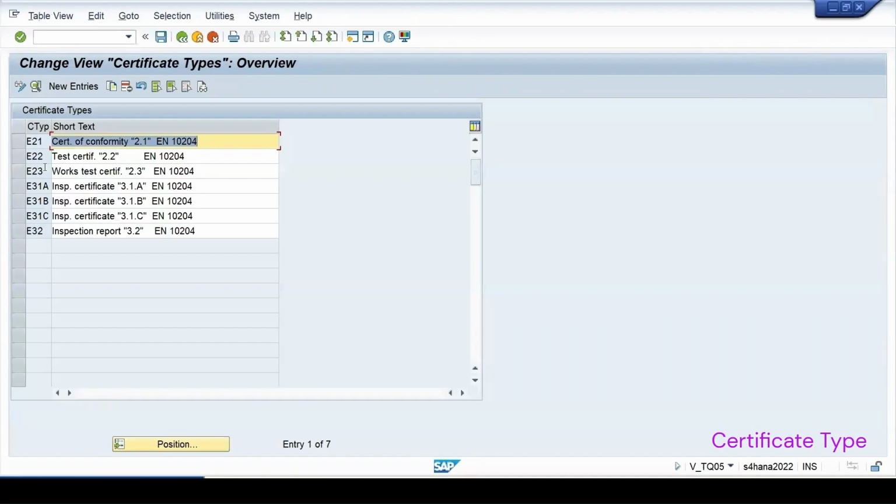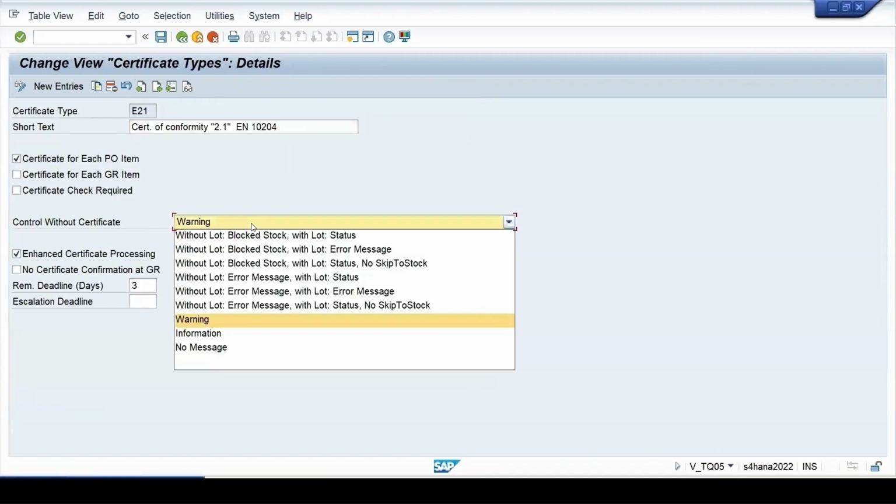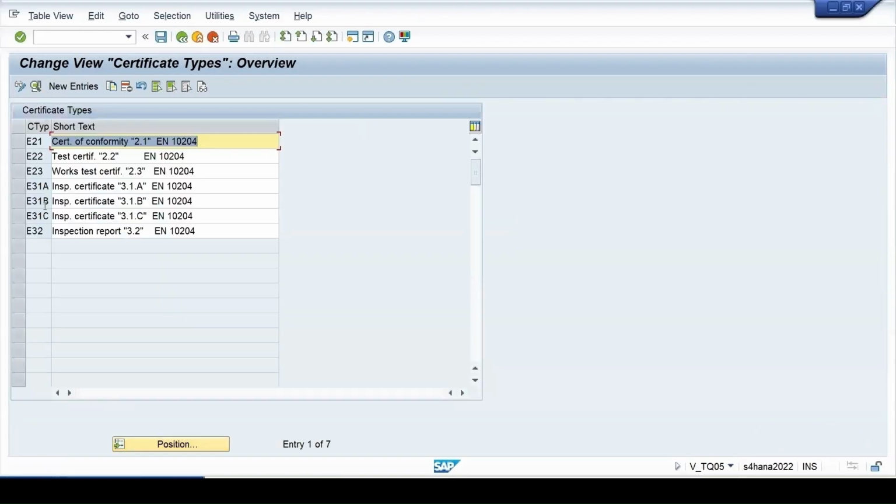At the certificate type, we are specifying that. For this, I'm just giving a warning. So if I want not only a warning but a message or an error, such things can be controlled from here. Certificate type. Let me go back.